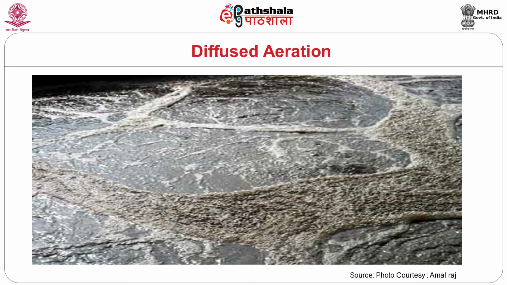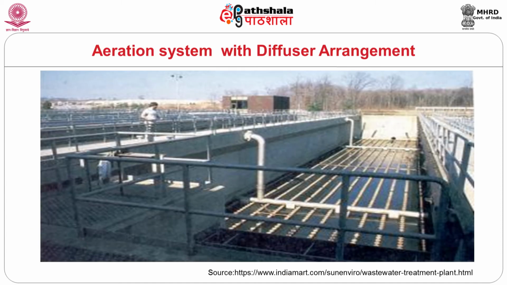So, this is a diffuser mechanism. This is the mixed liquor. Here we are providing diffuser plates at the bottom of the reactor to create enough turbulence. At the same time, the oxygen present in the influent stream will disperse throughout the bulk phase. So, these are the diffuser plates that are normally provided at the bed of the reactor.